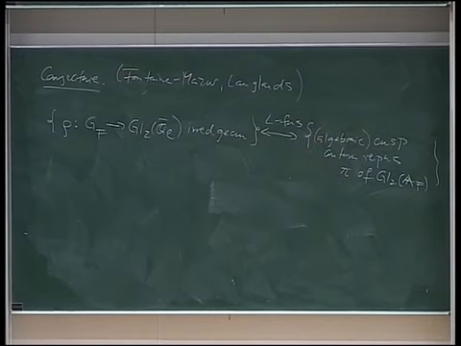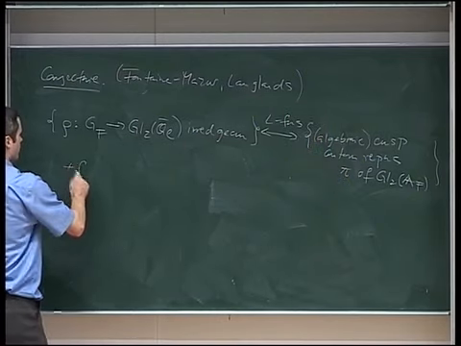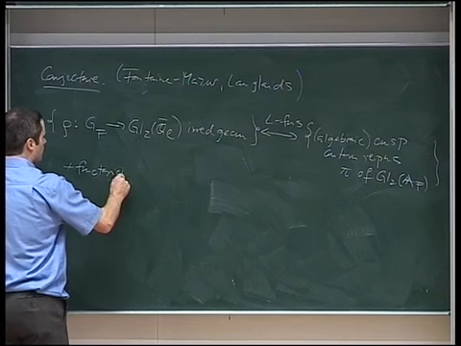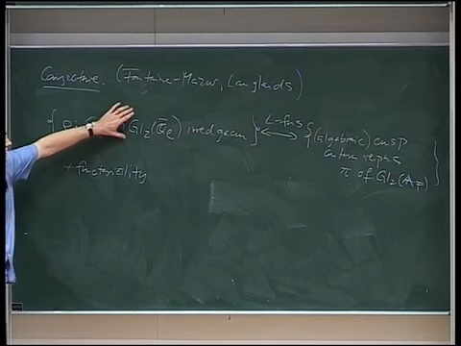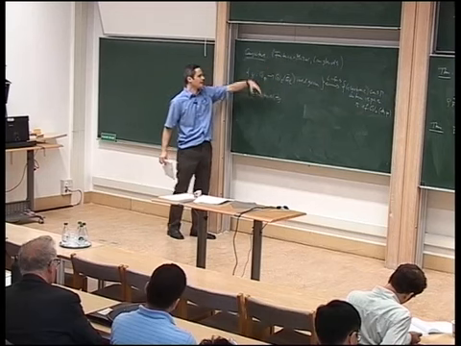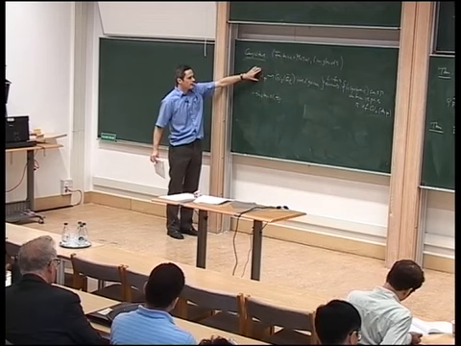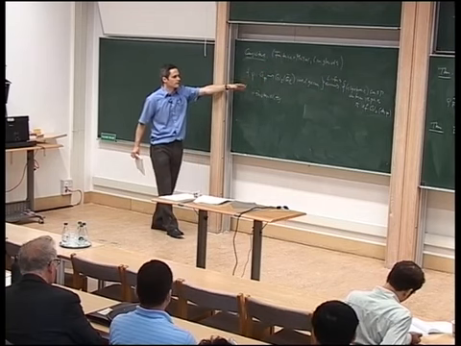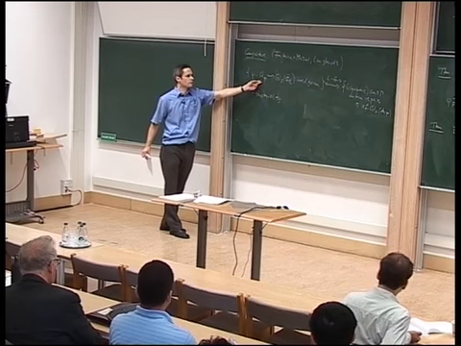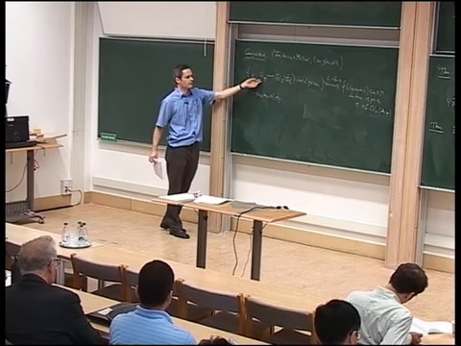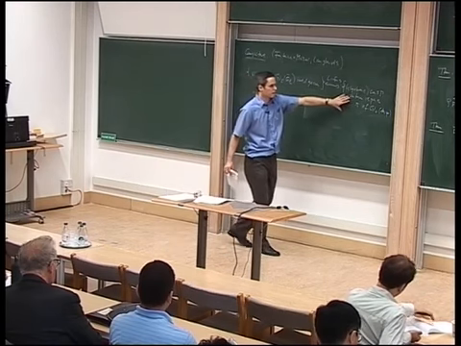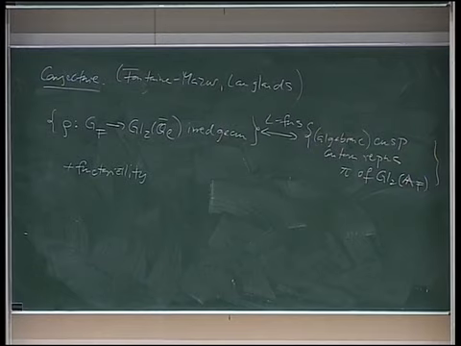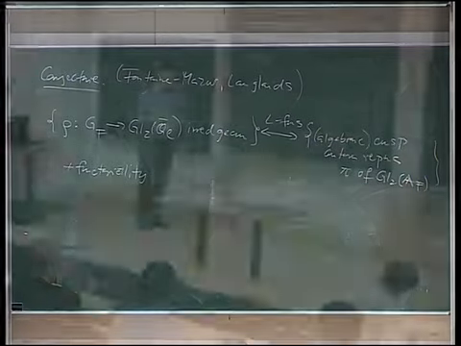And there should be functoriality. One can vary the group here, change to GLN, other groups, and functoriality also means operations on this side, such as restriction to a subfield F prime, the Galois representation of an extension. There should be a corresponding operation on the other side. This is the base change operation.